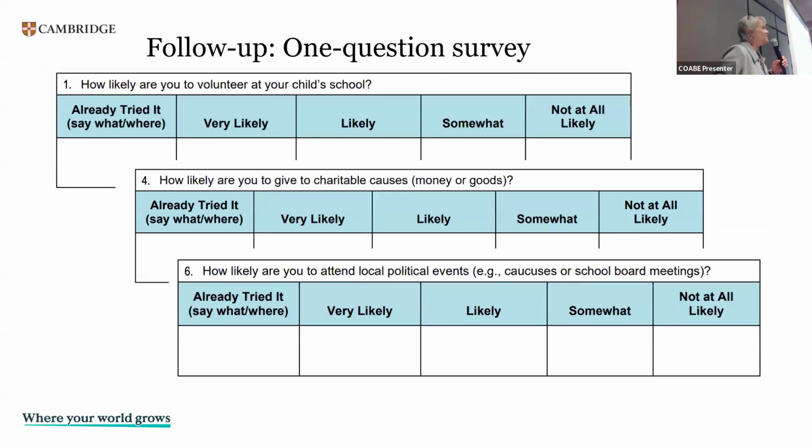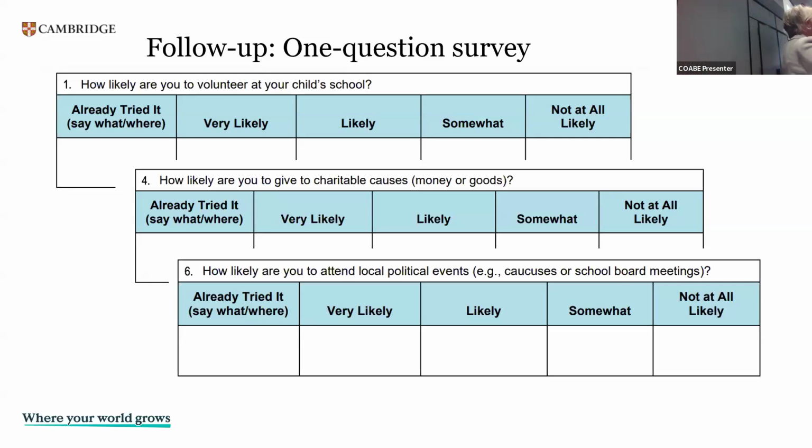And then finally, we already saw one question survey with beginners with learner generated language, but look how you can then use it with more advanced students on our topic of how likely are you to volunteer at your child's school? How likely are you to give to charitable causes? All right. So learners do that same activity where, again, each learner gets one question, but